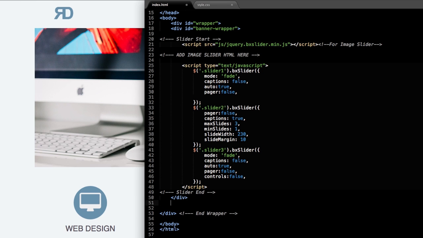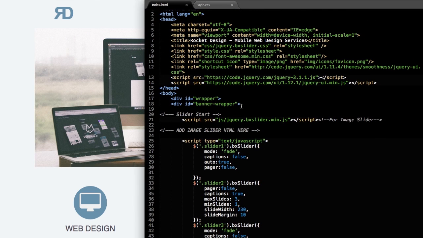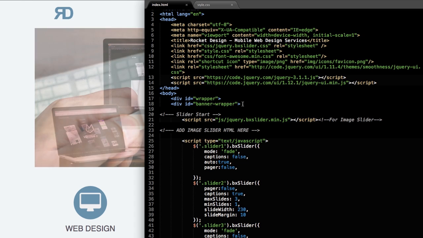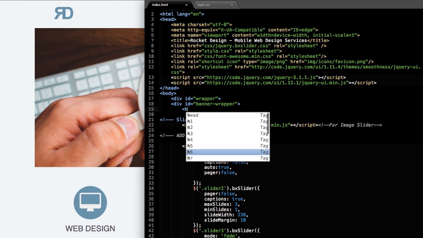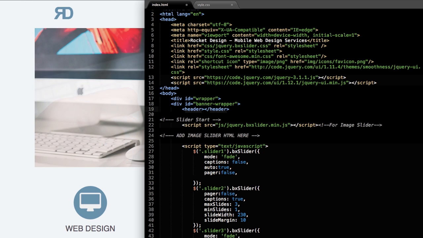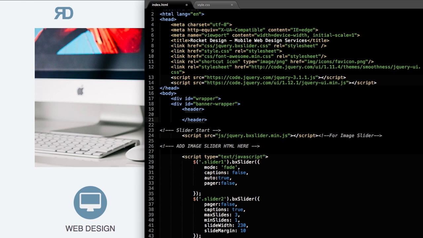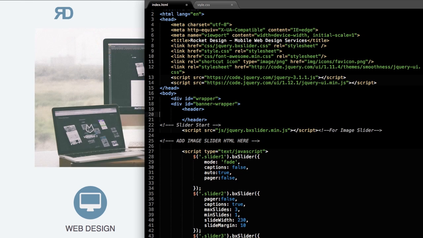Okay, so just close the div there, and now let's go back up, and as I said, we have the header and the slider within the banner wrapper. So let's drop down a line and start with the header. We can just use the HTML5 tag called header, without using a div ID or a section or something. And then inside of the header,